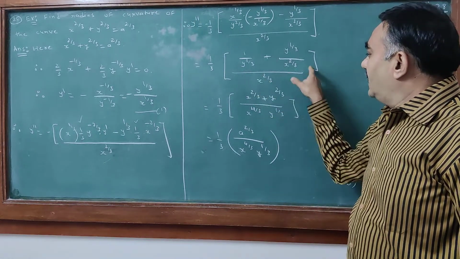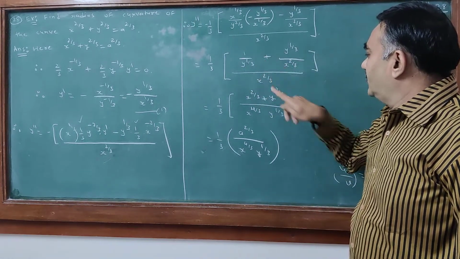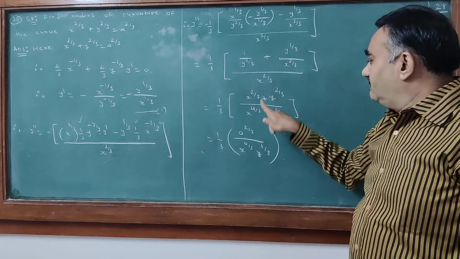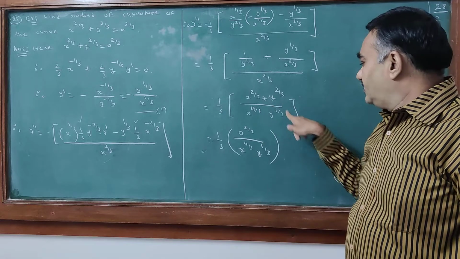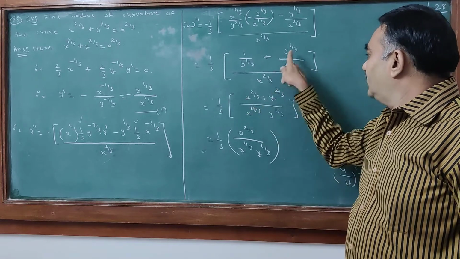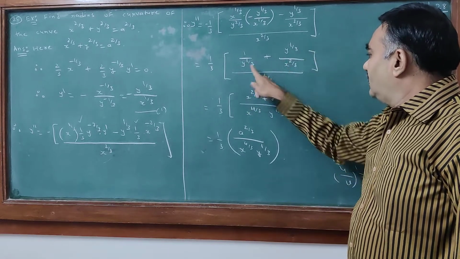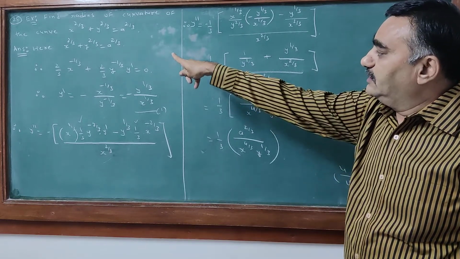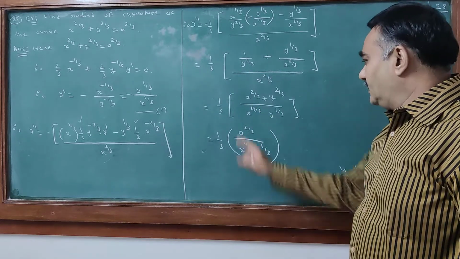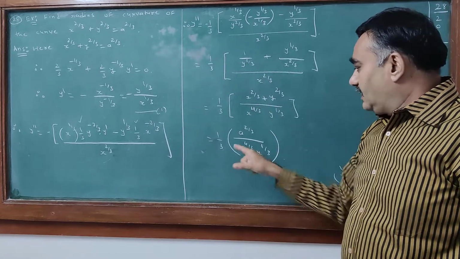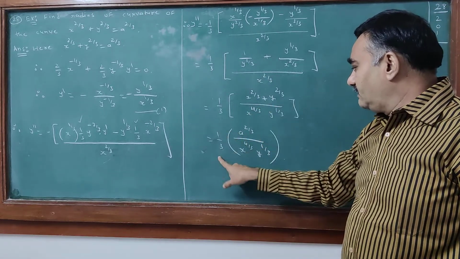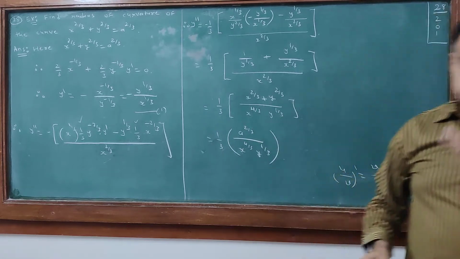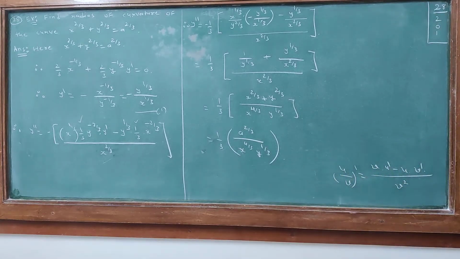Now again we take the LCM of these two terms, and therefore 2 by 3 will become 4 by 3, y raised to 1 by 3 and x raised to 2 by 3, y raised to 2 by 3, but this becomes a raised to 2 by 3. And therefore it is a raised to 2 by 3, 1 by 3, x raised to 4 by 3, y raised to 1 by 3. So check this calculation once more.